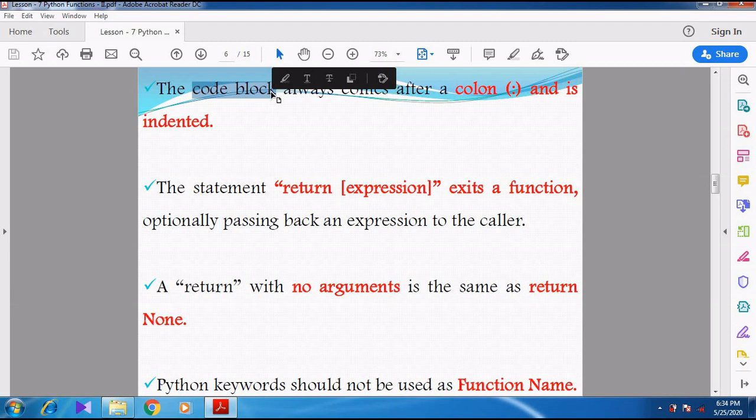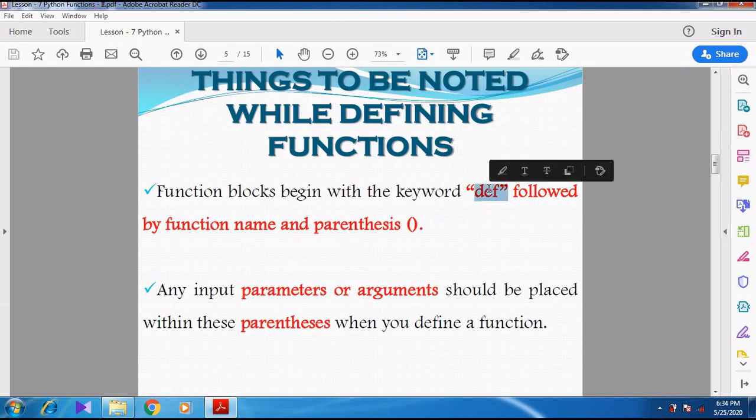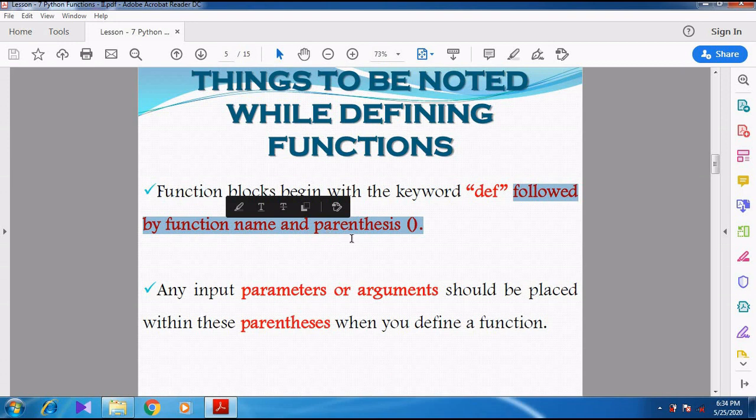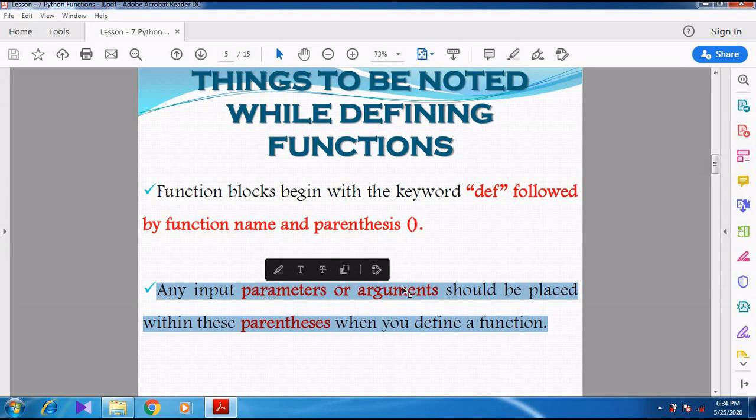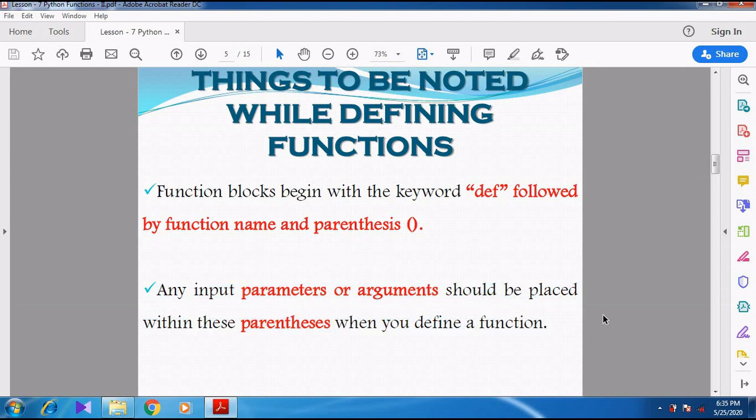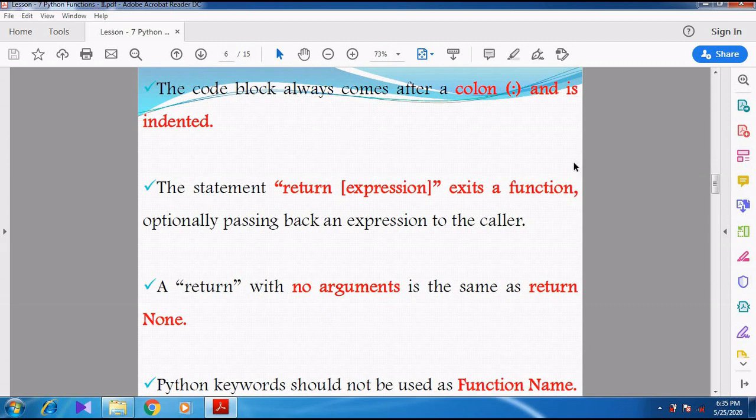So first of all we give the def keyword, then the function name, then the parenthesis. Inside the parenthesis we can give parameters or arguments. After the parenthesis we use a colon.